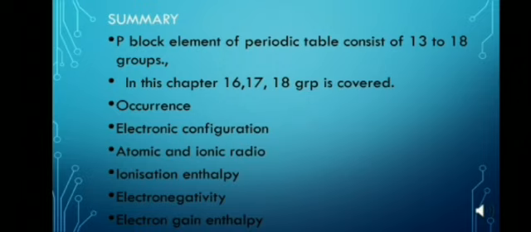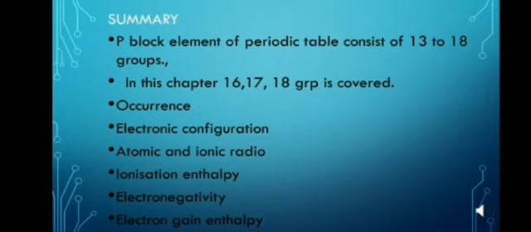Now we have seen the ionization enthalpy. This decreases down the group due to the increase in the atomic size. Across the period, the ionization potential increases with the increase in the atomic number. It is due to the addition of electrons in the same shell. Next we have seen the group 16 elements have lower ionization enthalpy than group 15. That also we have discussed.